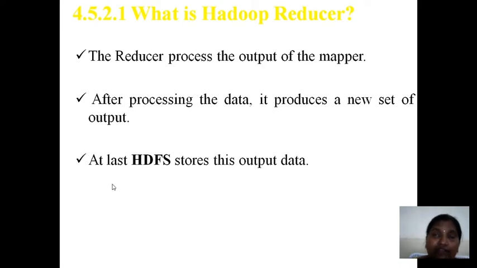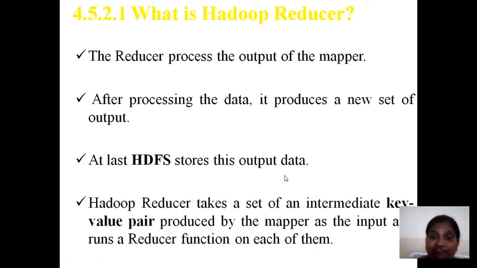At last, here we have to remember this. The mapper output will be stored as intermediate data in the local disk only. It will not be stored in the HDFS, because all the processing is supposed to be done very fast. If you store in a distributed manner, taking the data, tracing the data, processing the data, it will be round the clock work, and doing the same again and again in a distributed manner takes more time. In order to overcome this, we store the output of the mapper as intermediate results in the local disk. But the output of the reducer is stored in the HDFS itself, because it's the final outcome, right?